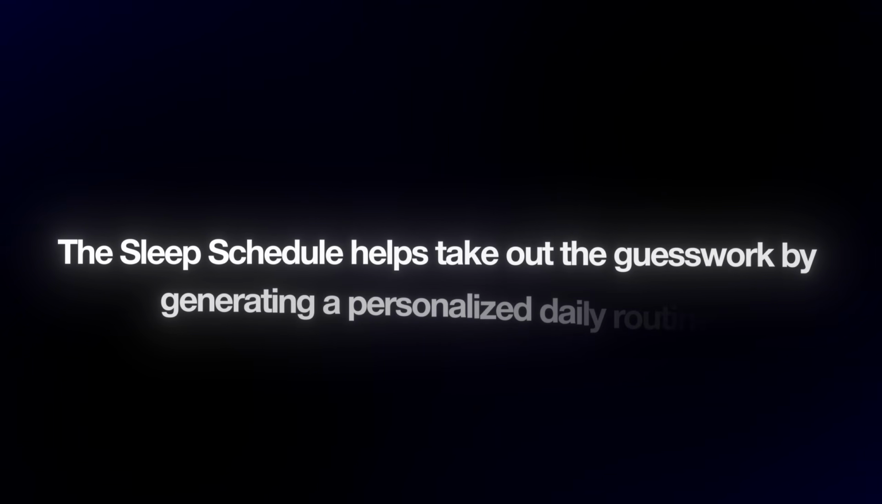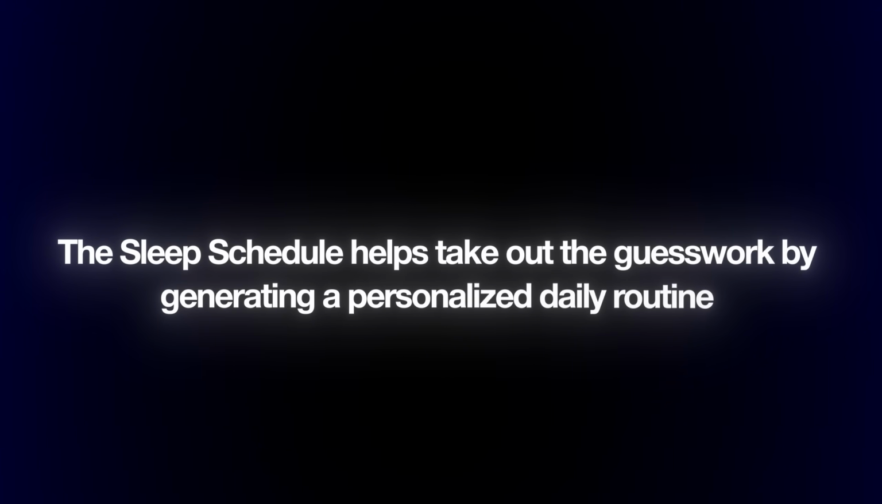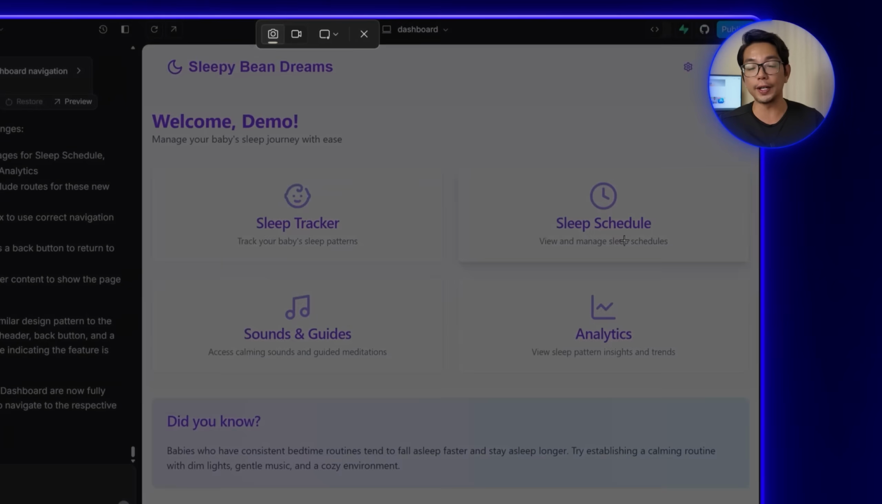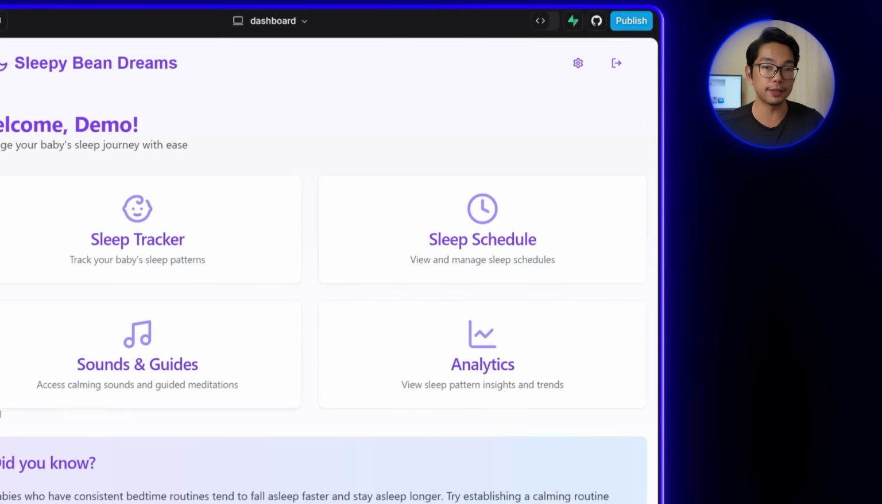The sleep schedule helps take out the guesswork by generating a personalized daily routine based on the baby's age and the baby's habits. So to get started, I'll take a screenshot of the sleep schedule card and then I'll attach it into Lovable and type in,